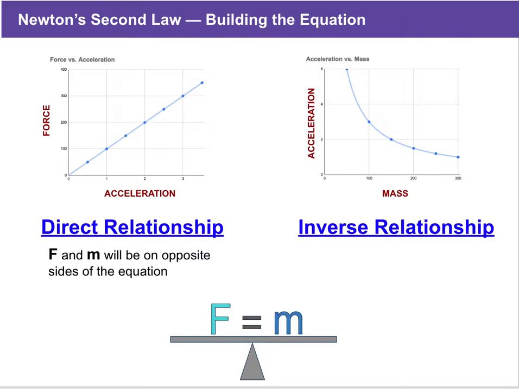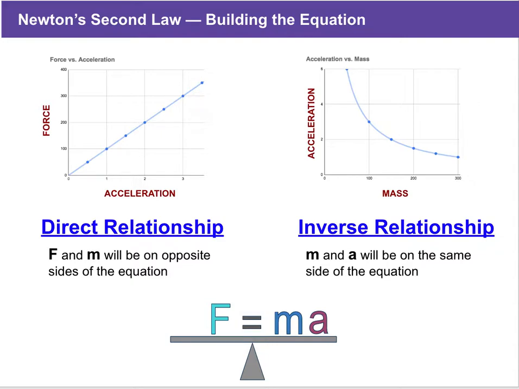So first of all, if you have a direct relationship, it means that those two quantities can be shown on opposite sides of an equal sign. It's kind of like a teeter-totter or a balance, where the two sides have to sort of match. If one goes up, the other one has to also go up to maintain the equality. If you have an inverse relationship, those two quantities would show up on the same side of an equation. Because if one increases, the other one needs to decrease in the same way so that overall the amount does